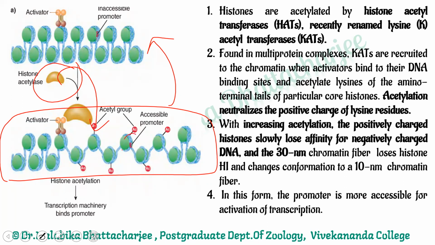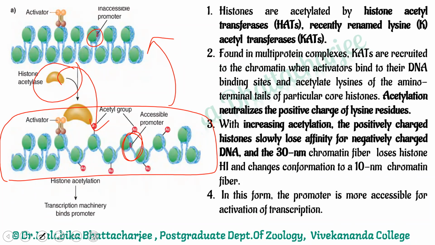Look at this particular area, there was a promoter element here. In the closed configuration, it was inaccessible to the enzymes. But the moment acetyl groups have been added to the chromosome, the DNA has opened up. Why does the DNA open up is the question. The acetyl group is added to lysine residues. Lysine is an amino acid having a positive charge. Remember, DNA itself is negatively charged, so the DNA molecule complexes with the histone in the nucleosomal model to form a neutral biomolecule.